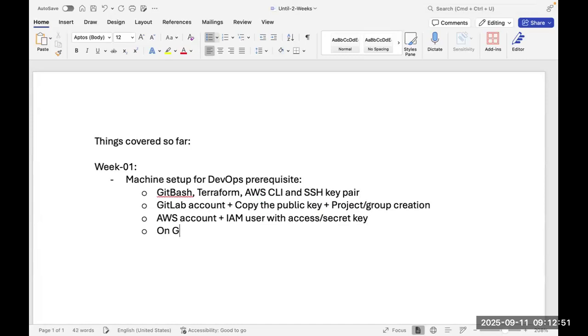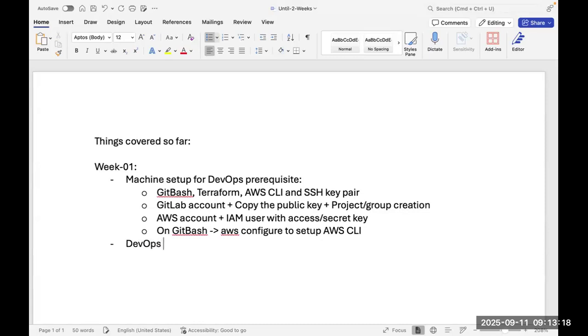On GitBash, we ran AWS configure to set up AWS CLI. Okay. Anything else did we do? Machine setup or DevOps prerequisite? No, right? Okay. The second day or the follow-up day, what we did was